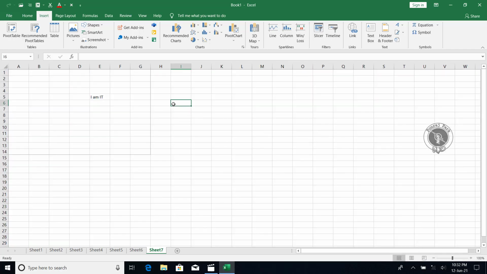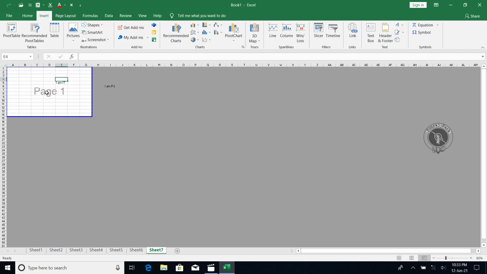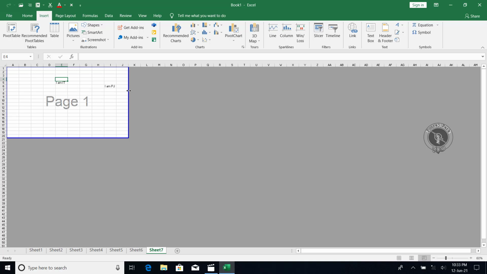For example, I'm writing something over here. Now if I check again what it shows, you see this should be page 1. If I want both texts to come on a single page, I can easily move this with the arrow key.